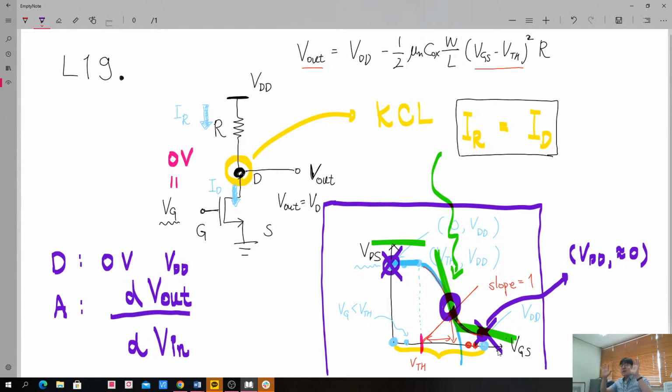So now let me summarize my talk. We are already 1 minute delayed. We have studied a very simple circuit. It has a MOSFET and a resistor, and we have studied its input-output characteristics, and this circuit can be used in both the digital domain and the analog domain. Okay, so in the next lecture we will continue our discussion.